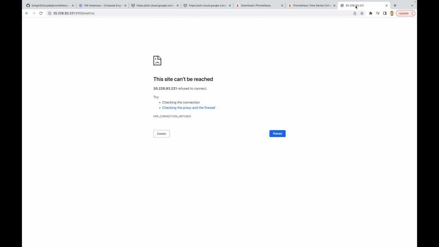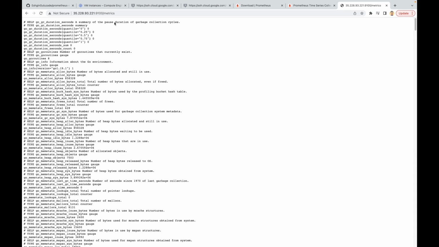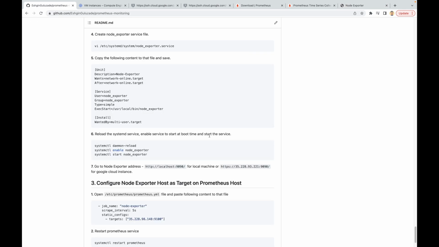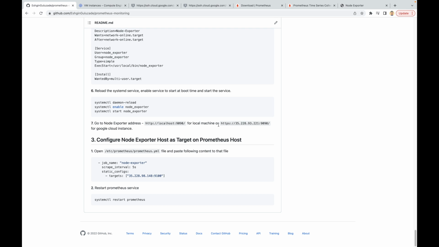So let's see that it really works. Okay, it works. You see that our node exporter is here, and it works. So we don't have any issues here. Let's see what we'll do after that. So I use the external IP address of my VM, my virtual machine in Google Cloud. But again, if you are using your local machine, you can just type this URL and then, oh sorry, actually it should be